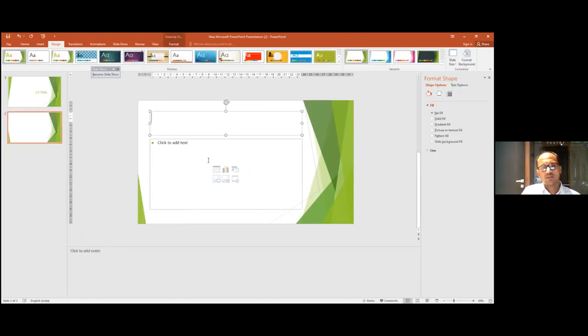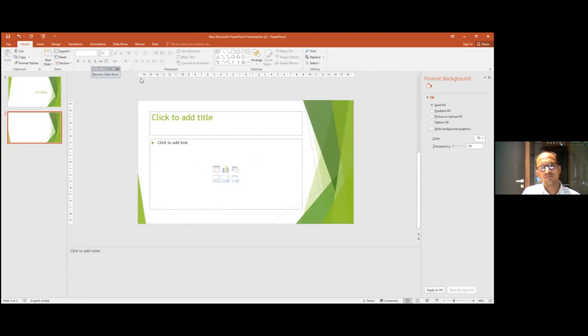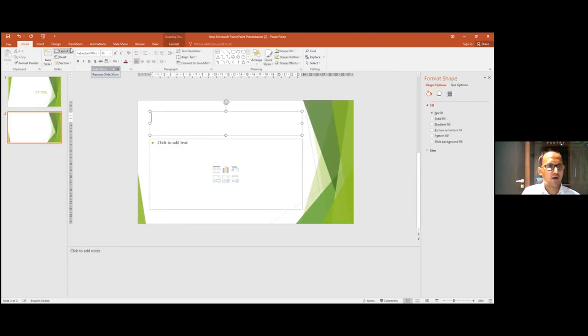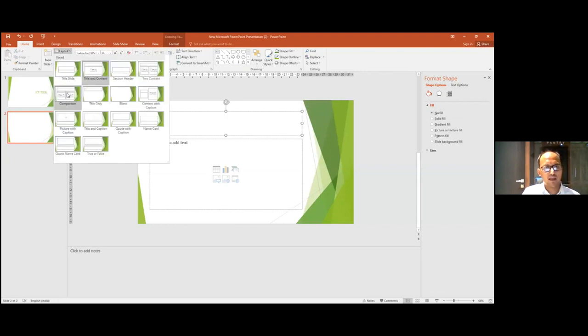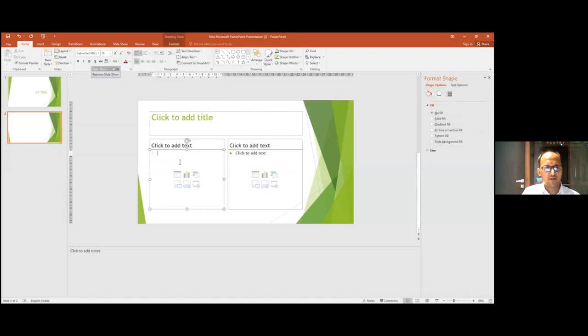So here, this will be your next slide. For every slide, you can have a different kind of orientation, meaning you need not have only two blocks. You can have multiple layouts. By clicking on layouts, you can have different layouts, or you can customize the layouts. Likewise, now we have gone for a different type of layout for addition of matter.